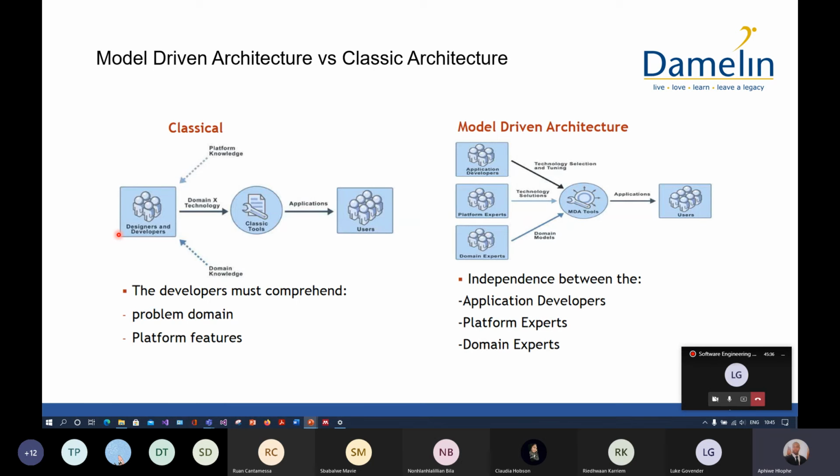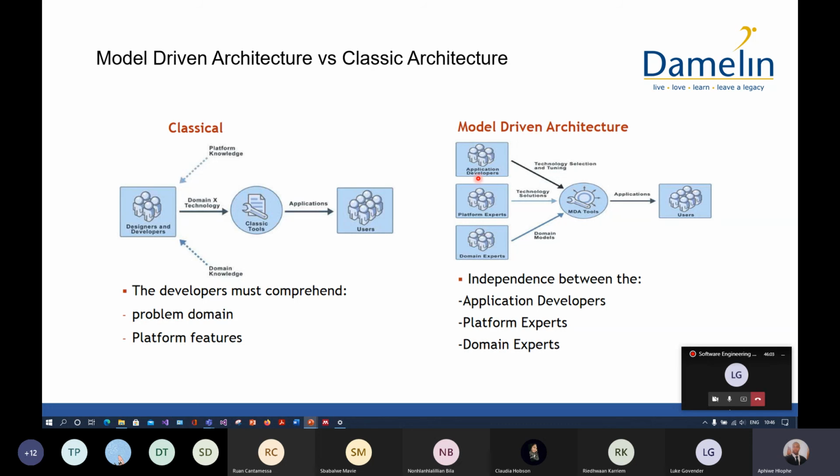They have to be application developers, they have to be platform experts, all in one. You have to know all the different platforms, and you have to know the domain as well. Be a domain expert, be an expert at understanding the business and the problems that face the business as well. So this was very unsustainable,